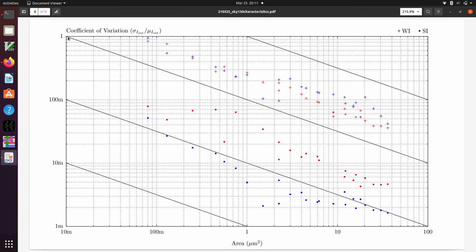So these lines here are the ideal Pelgrom's rule, Pelgrom's model for mismatch, where the coefficient of variation scales inversely with the square root of the area of the device. So this is the coefficient of variation plotted as a function of area on a log-log scale, which turns an inverse square root relationship into a straight line with a slope of -1/2, which you can see here. We go down 1 order of magnitude in the vertical axis for 2 orders of magnitude increase in the horizontal axis. So that's a slope of -1/2. And you can see that the general trend here is to be parallel to these Pelgrom's rule lines. So they do follow Pelgrom's rule,